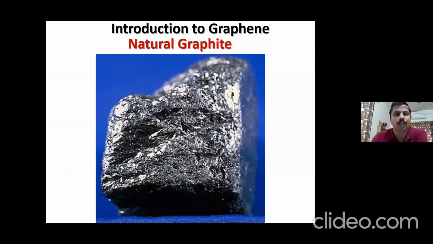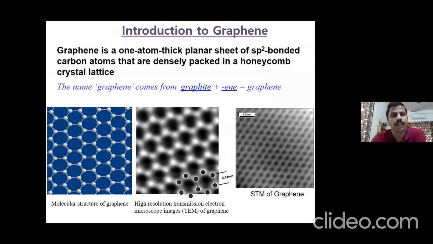You can see this is a natural piece of graphite. This is just lumps of graphite you can obtain from mines. It looks like a lustrous solid block. Before we start, just to give you a definition of this material,